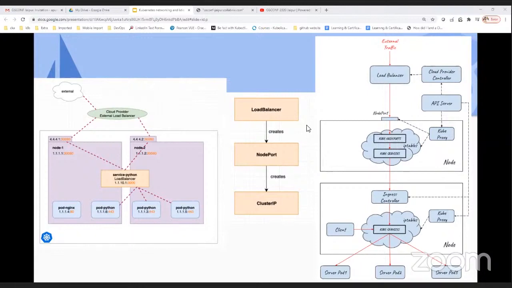If you ask me why there are two IPs, 4.4.4.1 is the external IP of your node, and 1.1.1.1 is the internal IP of your node. So I am exposing a service, which means your 30080 gets mapped with the internal and external IP of your node, and it will get connected to your load balancer. And that is how you can think about how traffic is flowing from external to your pod.